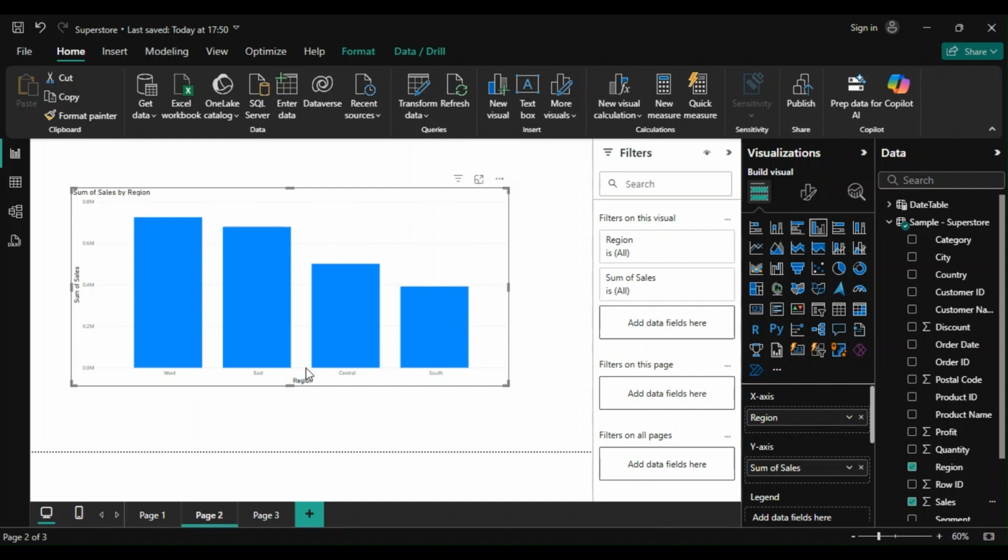Now let's format our column chart. You can format as per your